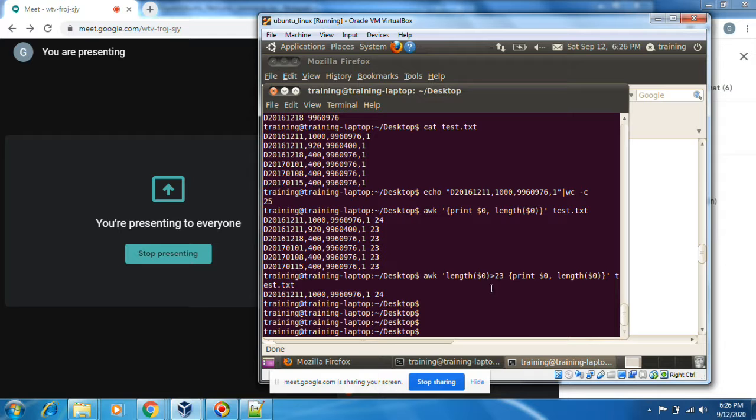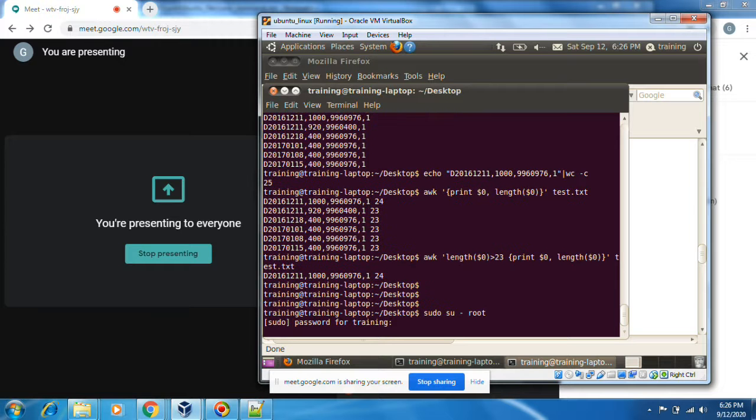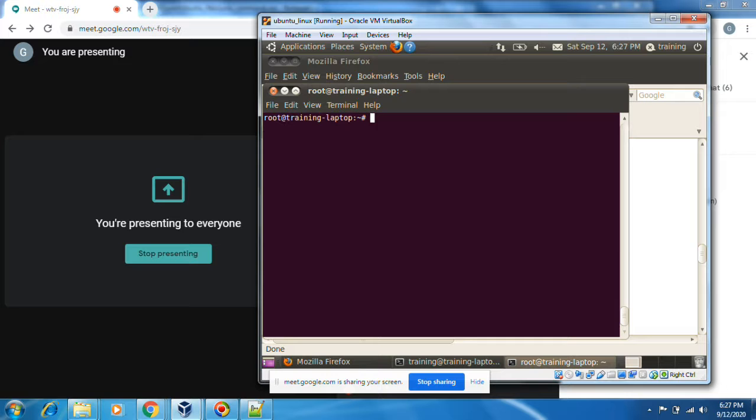For creating users, you need to go to the root user. Login as root. Sudo su hyphen root. I'm logging in as root. Now I am root. Now you will check who am I. I am root.